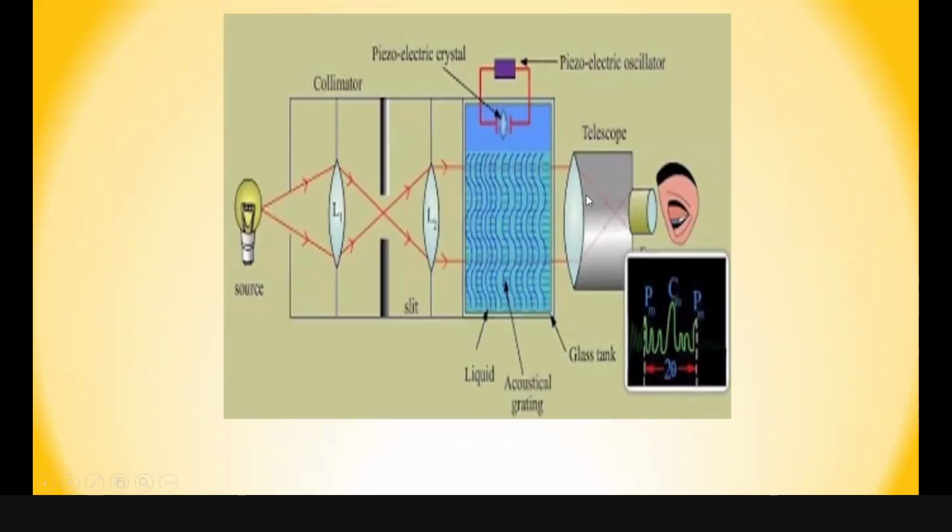This is a practical in MSc. This is your liquid column. The piezoelectric oscillator is here, and there is a reflector. There is a standing wave pattern, and on the screen of the CRO you can see the zeroth order maxima, with the first, second, third order diffraction pattern you will get, right?